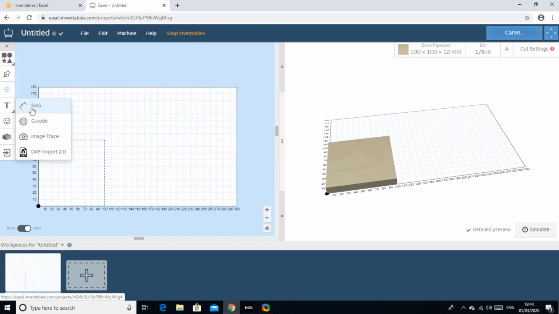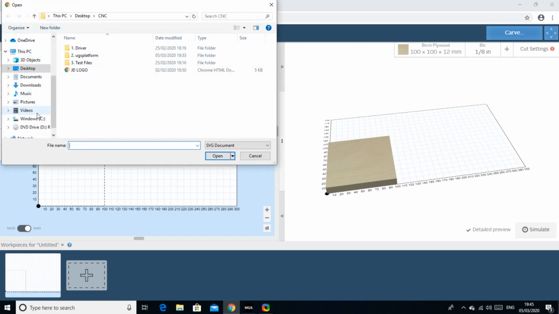So I'm going to import an SVG file. This is a vector format file that you can create in different programs like Adobe Illustrator, and it's just an editable file that allows you to manipulate it. You can change the shape, size of different things. So I've already got my logo loaded in,